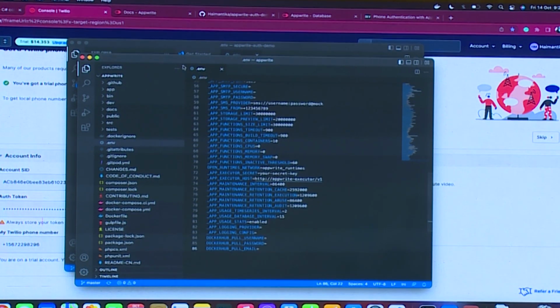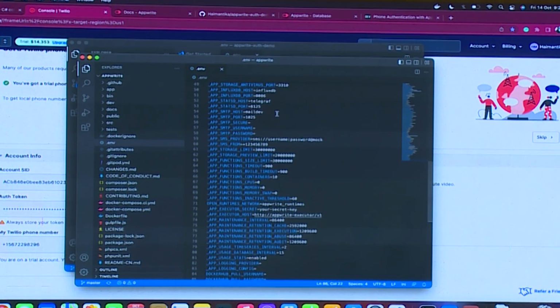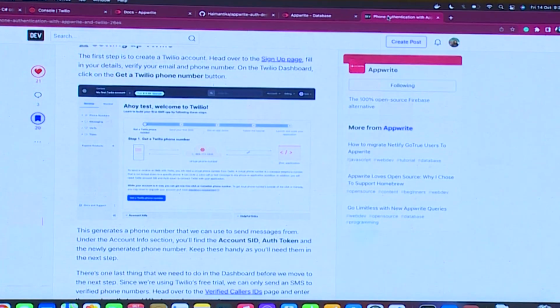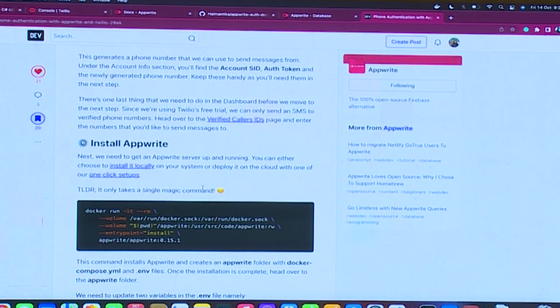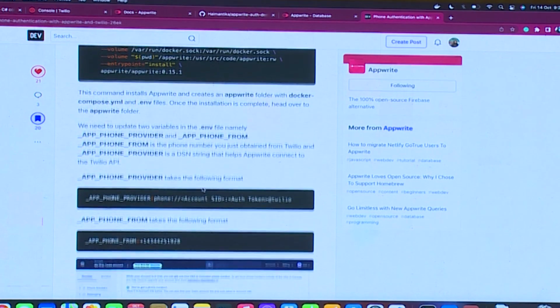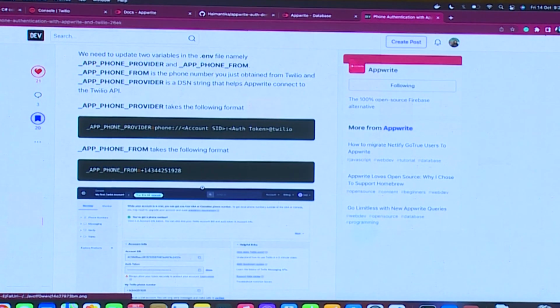So we need to make a bit of changes to our .env file, and I'll be referencing the document a lot, because as a good citizen of the developer community, it's my duty to go through blogs and documentation. You'll see that in the .env file there are two parameters that we need to change.